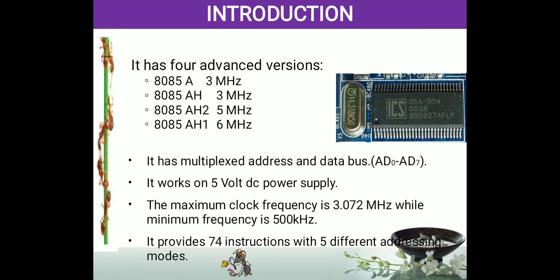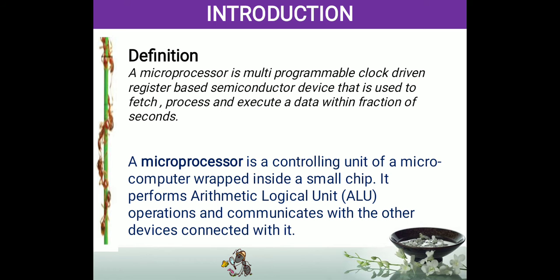Okay, next thing, this processor operates under 5 volt. If you give more than 5 volt, the processor will burn off. So it requires 5 volt for operations. Okay, and the maximum clock frequency is 3 megahertz, while the minimum frequency is 500 kilohertz. Now in the iCore processors and all, the speed is enormous. But this has the 3 megahertz speed only. Okay, it is enough. As a mechanical engineer, you know this thing, it is more than sufficient.